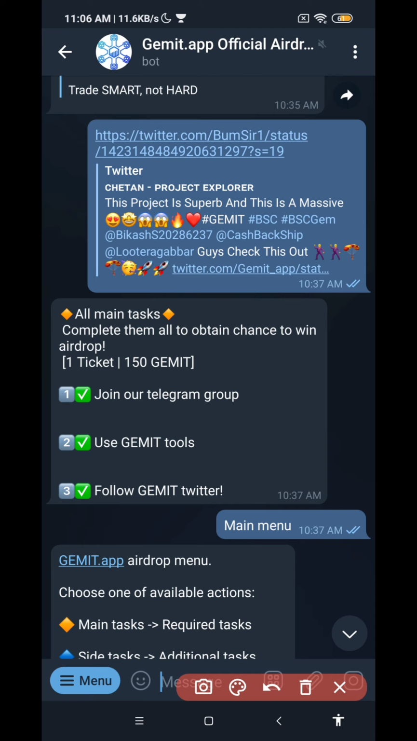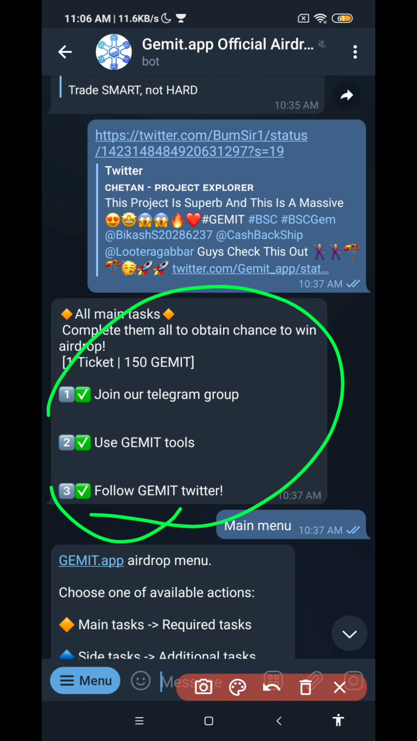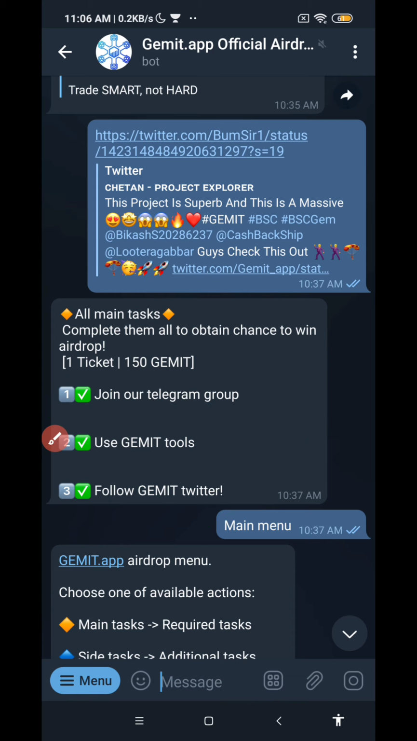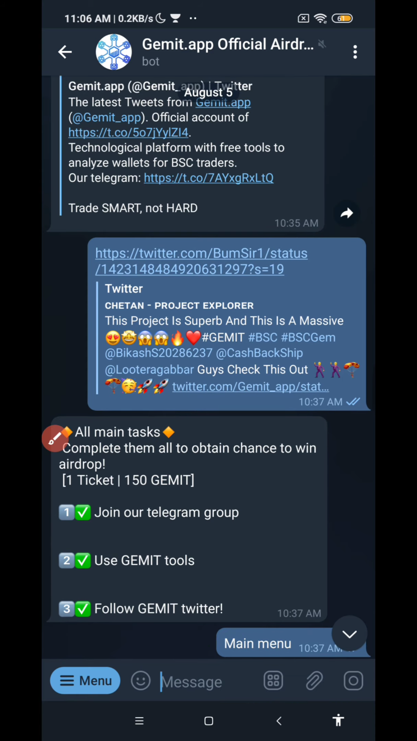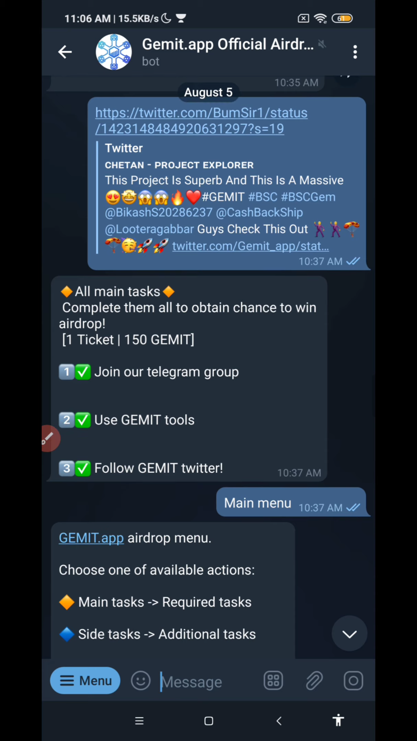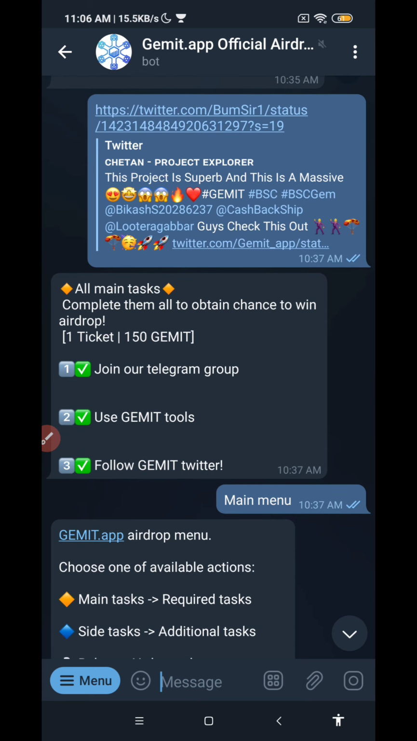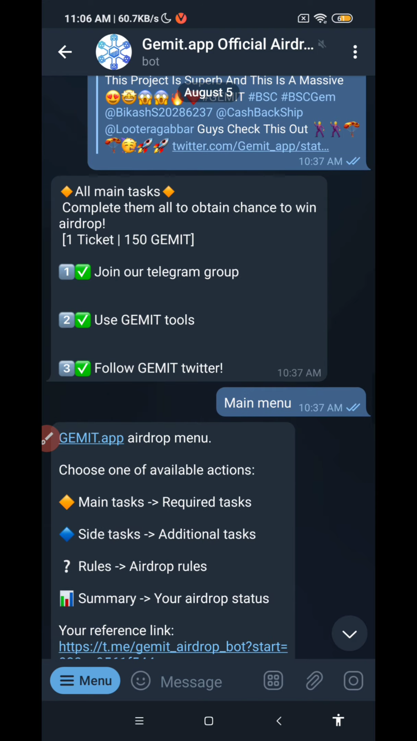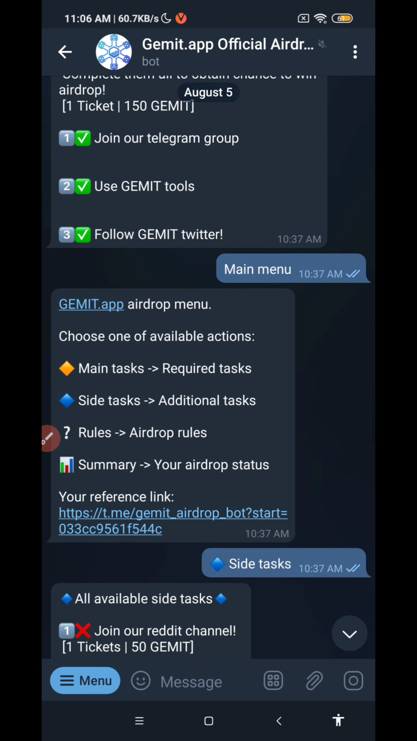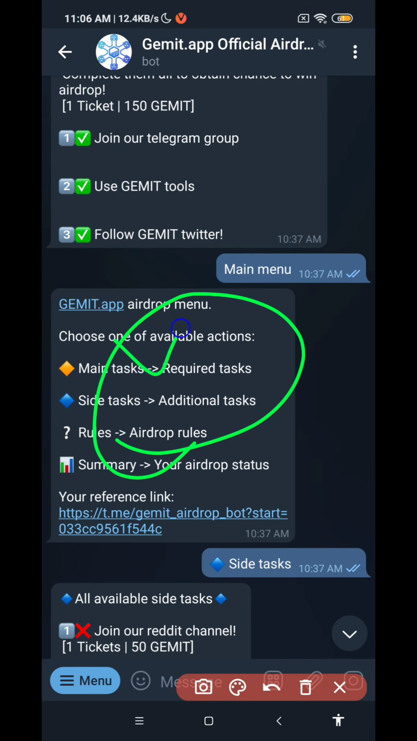So now after completing all this, you will get an interface like this. By completing all this, now just simply click on the menu button. So after pasting your retweet link, you will get an interface like this. So you should click on the main menu button. After clicking on the main menu button, you will get one more interface like this: main tasks and